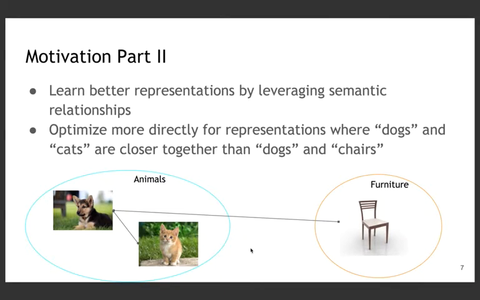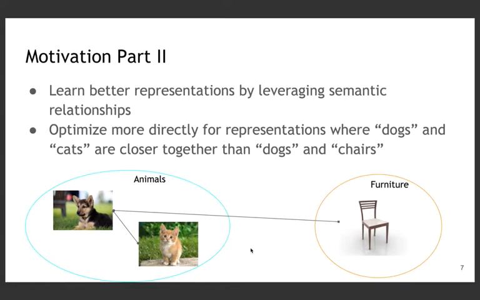In addition, learning how to predict at different levels of the hierarchy might also help us learn better or more meaningful representations for images, similar to what we saw in class with multitask learning. We have seen before that if you train a classification CNN on a variety of classes, it already appears to learn representations where, let's say, dog and cat are closer together than dog and chair. Dog and cat are essentially in the same semantic subtree of animals, while chair is in a different subtree, namely furniture. So if we provide the model with the hierarchy information, let's say for dog we also tell the model that it's an animal,